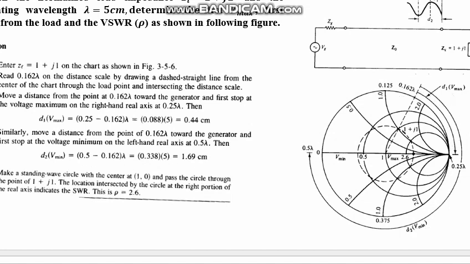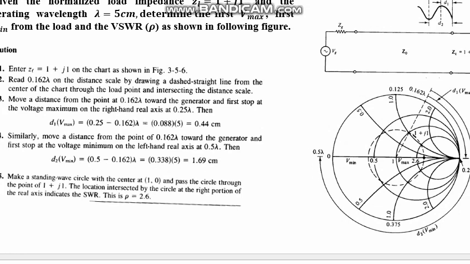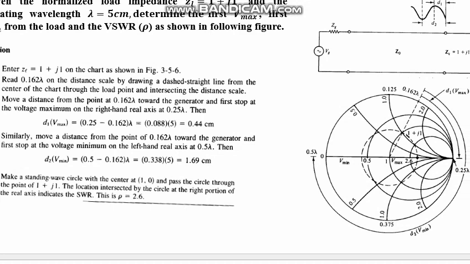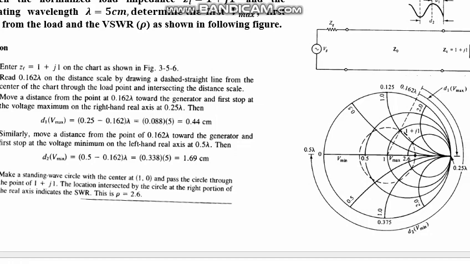Okay, now again, last of all, if you want to find out what is SWR, or VSWR, that is voltage standing wave ratio, first of all, you have to draw the same thing. There is a straight line that has been crossed from the center. Here center is 1. From here there is certain thing.